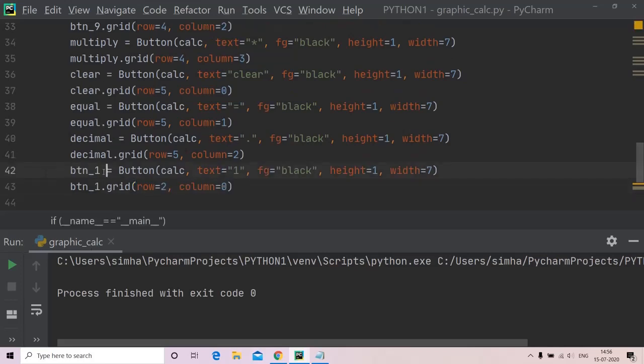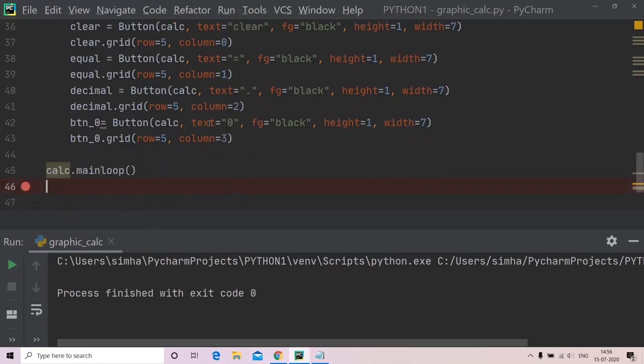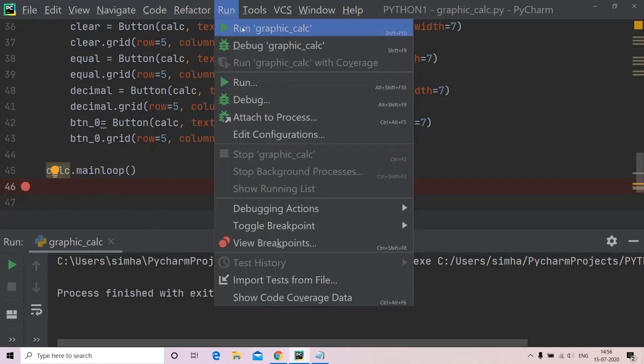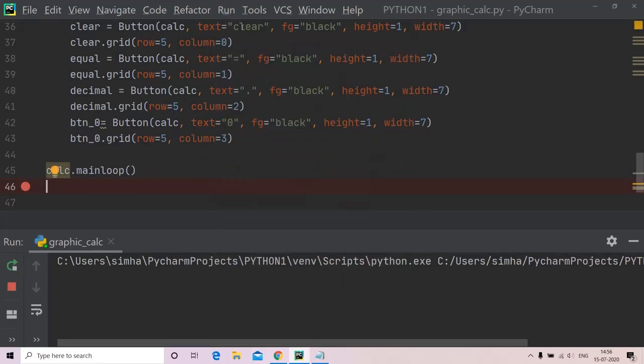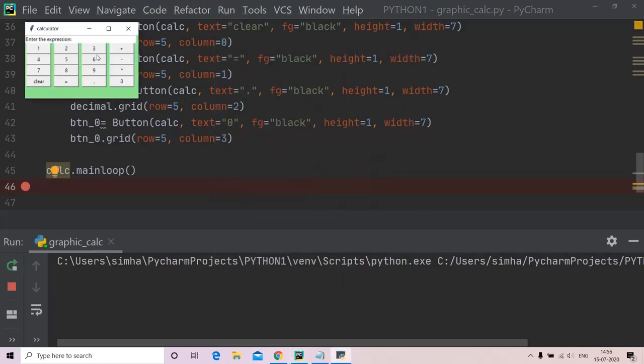Okay, now I haven't yet defined my 0, right? Now I'll have button 0, button 0 row 5 and column 3. I'll have my text to be 0. Okay, now let us see how our model looks. Run graphic calculator. Yeah, 1 2 3,